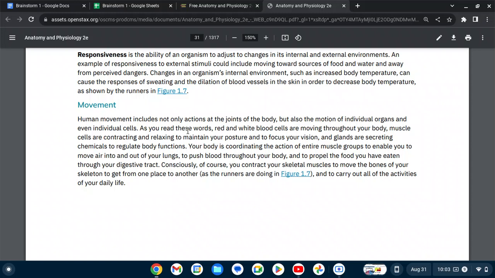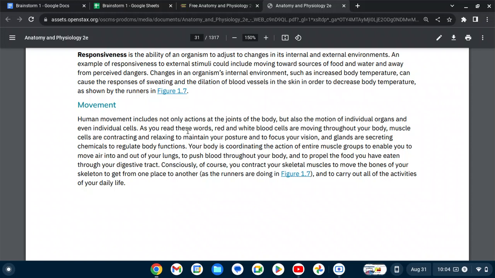Movement. Human movement includes not only actions at the joints of the body, but also the motion of individual organs and even individual cells. As you read these words, red and white blood cells are moving throughout your body. Muscle cells are contracting and relaxing to maintain your posture and to focus your vision, and glands are secreting chemicals to regulate body functions. Your body is coordinating the action of entire muscle groups to enable you to move air into and out of your lungs, to push blood throughout your body, and to propel the food you have eaten